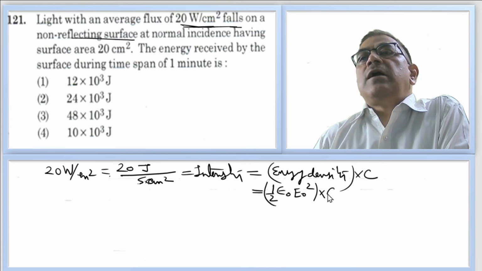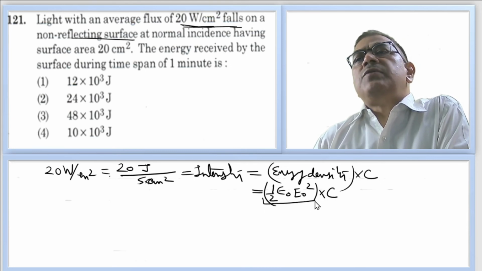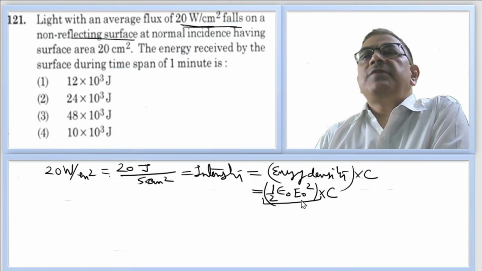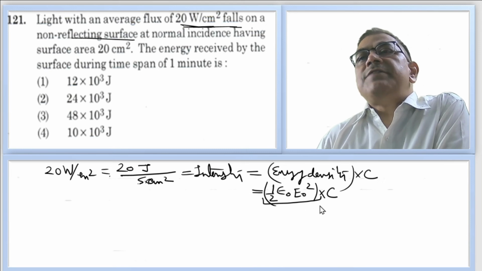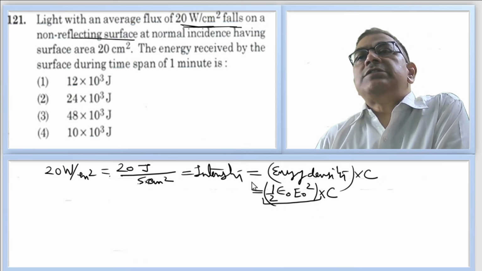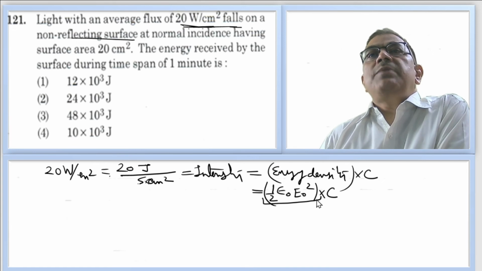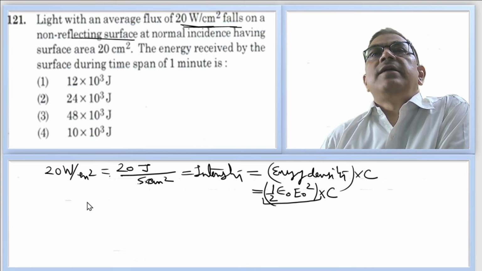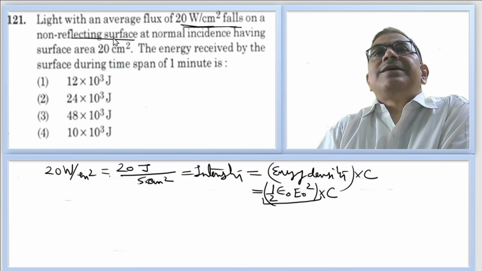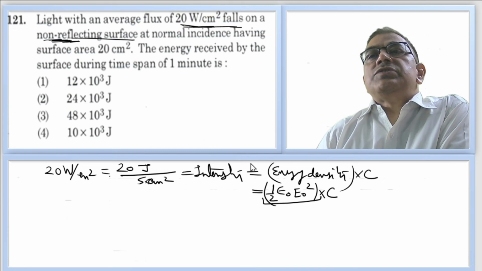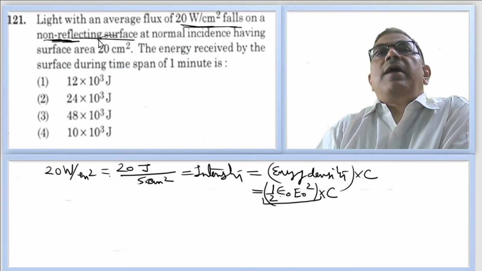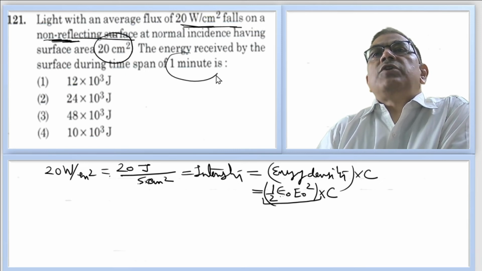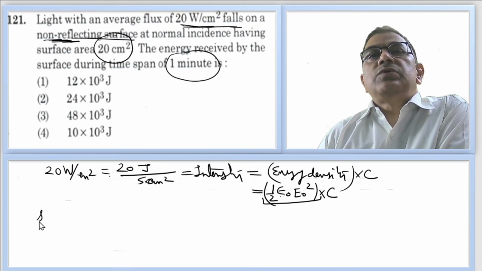You need to wait to see how this term is written. You need to go through this chapter, electromagnetic waves, to come to know. So the intensity of the electromagnetic wave is given by this expression. This gives you energy per unit area per unit time. Is that right? This value is already given. So whatever energy is incident, that is absorbed because the surface happens to be non-reflecting. Achha, so this is energy incident on unit area in unit time. So if you multiply it by this number and this number, what should you get? Energy incident